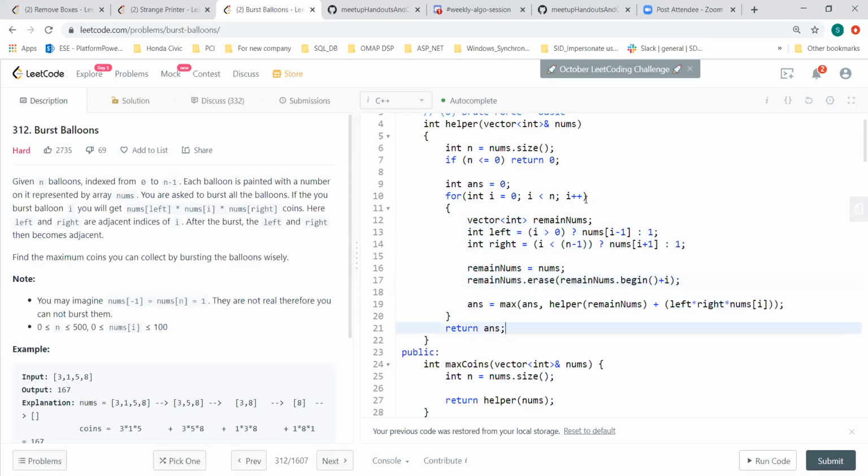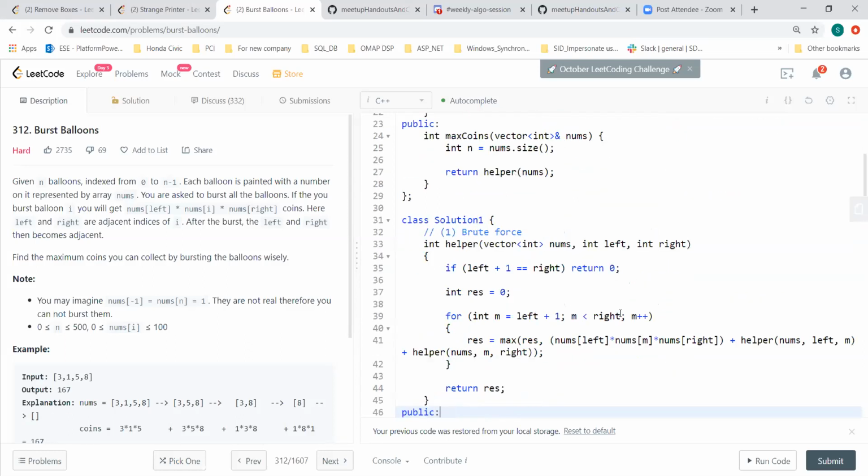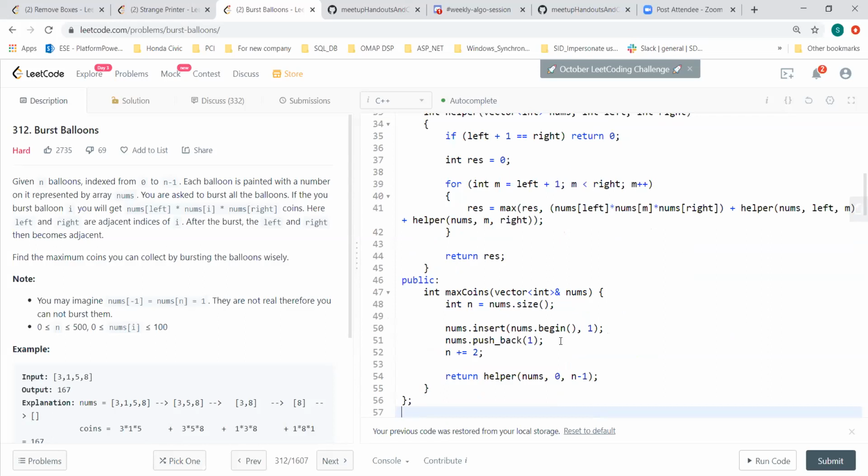But this is slightly cumbersome, right? One way I found which was good is to pad the first and last values. In this case, just take this nums and insert 1 to that and also push back 1. So now your array, instead of 3158, will be 13158, and it will increase in size from 5 to 7. Then just start the same helper function here,